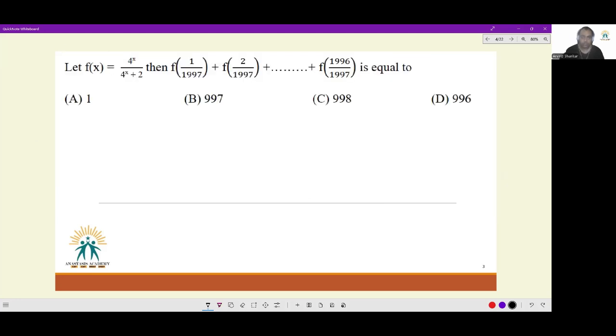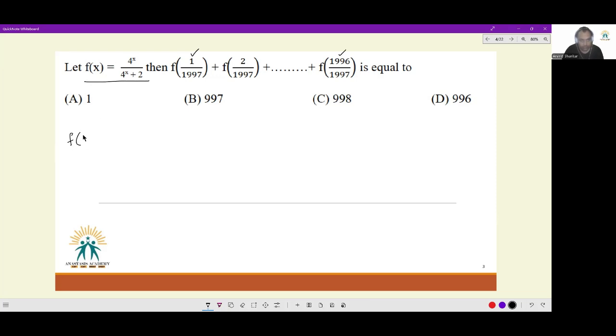Moving on, next question now. This is also fun. f of x is equal to 4 raised to the power x divided by 4 raised to the power x plus 2. Then f of 1 by 1997 plus f of 2 by 1997, and so on and so forth, up until f of 1996 by 1997. Now here, what you have to notice is, this term and this term add up to give us 1. 1 by 1997 and 1996 by 1997 add up to give us 1. So, if f of x is this,